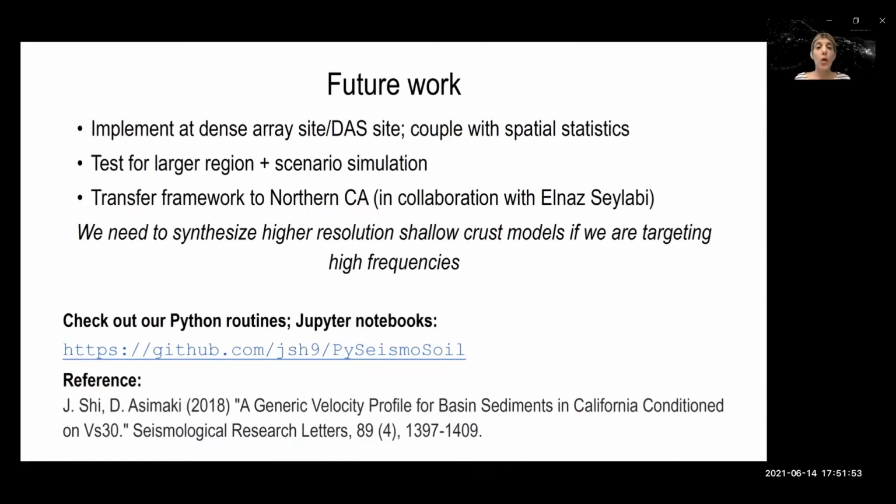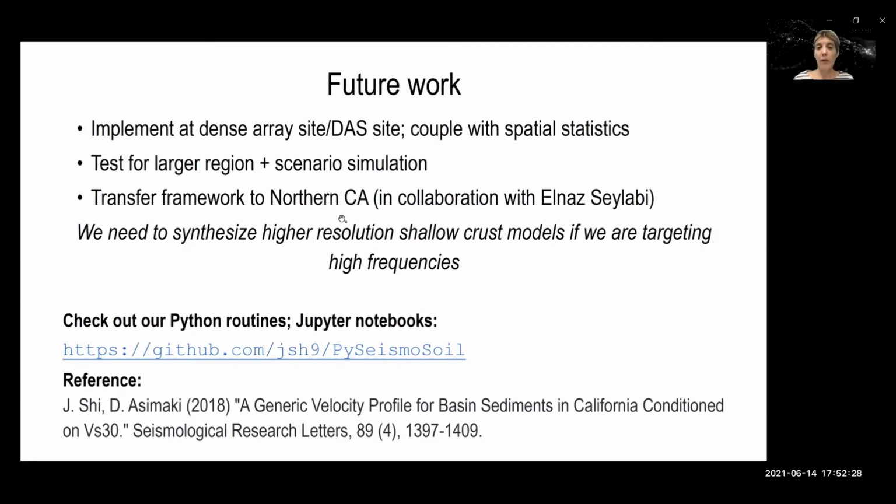We also want to test for a larger region, and a scenario simulation that is a little stronger, so we start introducing nonlinearities, but first we have to do the statistics of the comparison with the profiles. We are, however, encouraged by the fact that systematically we see that SVM reverberations are stronger, and that at least visually, in the stations that we were able to pull out between now and 2 days ago, we have been able to see good comparison.